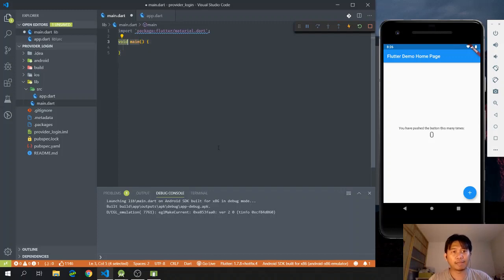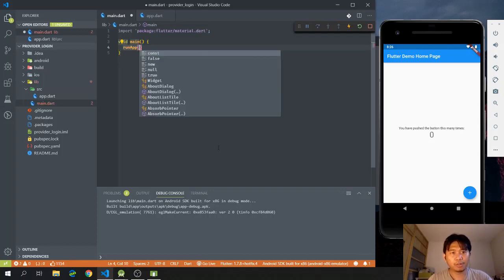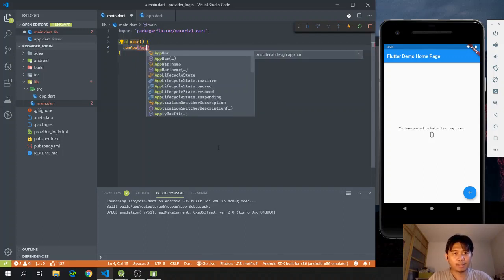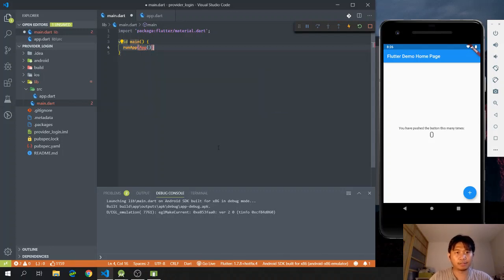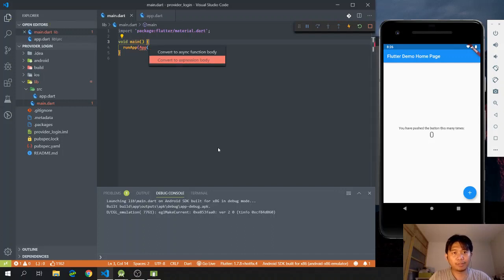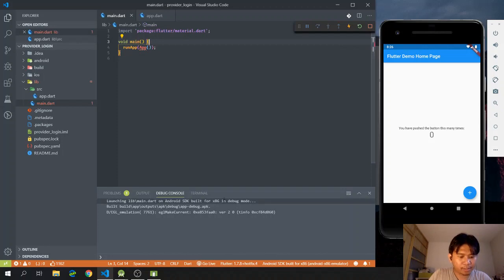This one doesn't have any arguments, and inside that main function we will run our app, and I will refer to my app like so, and I will convert this to expression body. So again, the way I do that is I put my cursor right here and then just press Control and then period